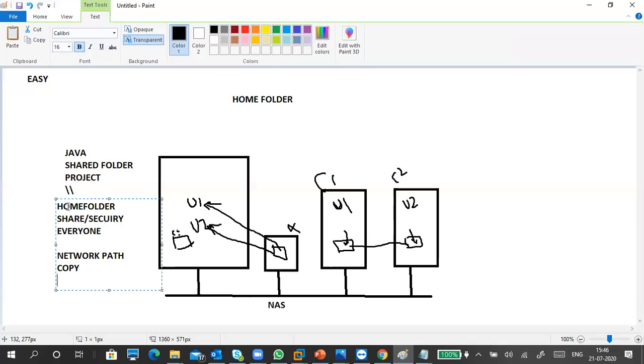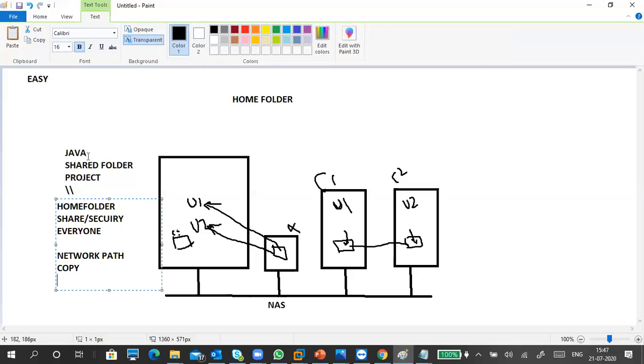Okay, so in the user profile tab, we have to give it. What we are going to do is, this is the home folder, a centrally located folder, and we are sharing that folder to others. But when we give this folder to everyone, anybody can access it. That's again a security issue, right? But no problem. We are going to create a subfolder inside, so that will be accessed by these users. So we'll see that one.